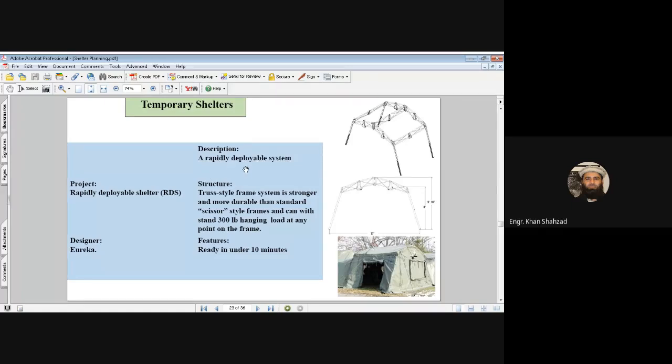This is a rapidly deployable system. A rapidly utilized or rapidly you can make this system on site. बहुत आसानी से आप उसको काम में ला सकते हैं साइट पे. And this project is the rapidly deployable shelters, the RDS project. The designer is